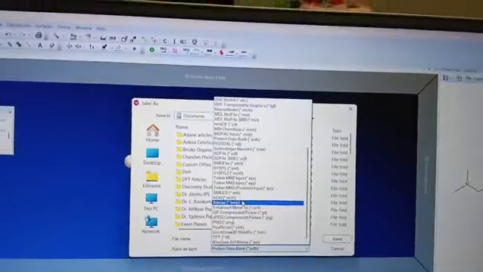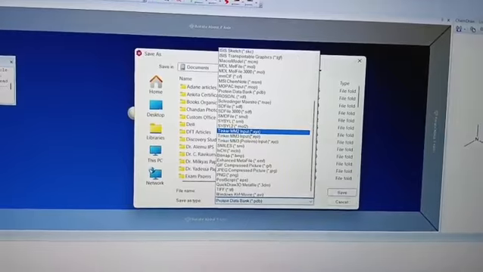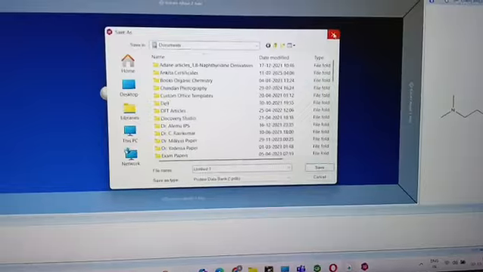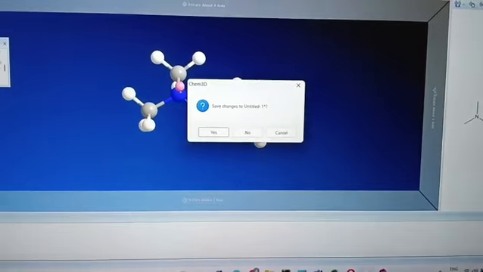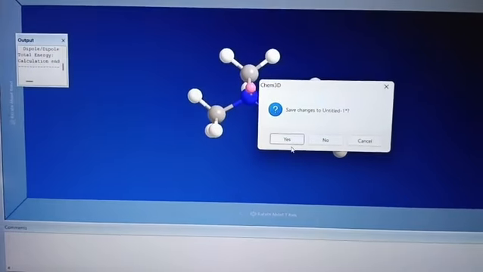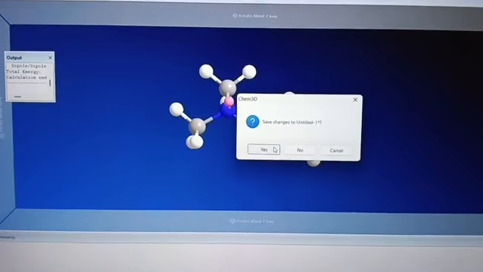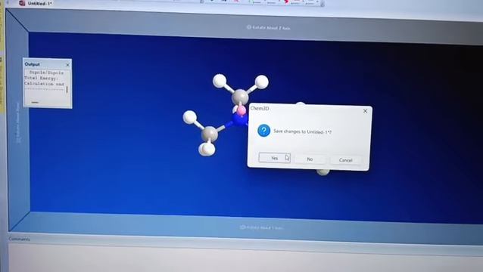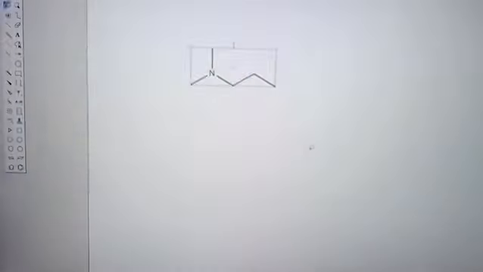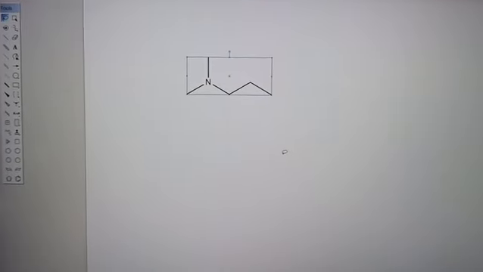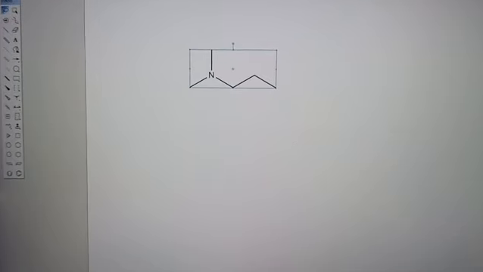Is it clear? So this time I am closing it. Now we are going to prepare a bigger structure, a complex structure. Do you want to save the changes or not? It will let you know, and then once you do it, you will do whatever you want. So once you are doing it, now after we are preparing a